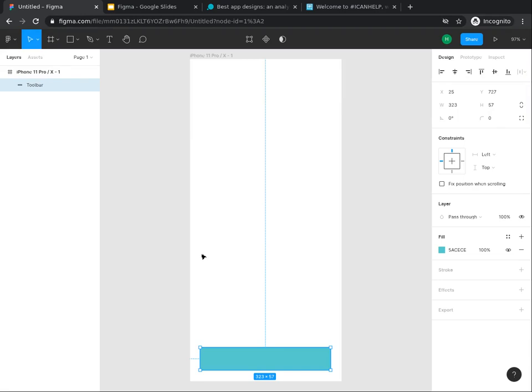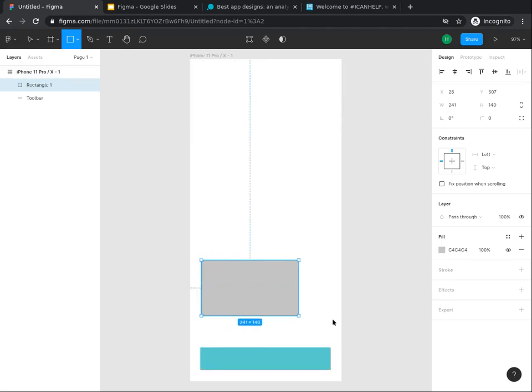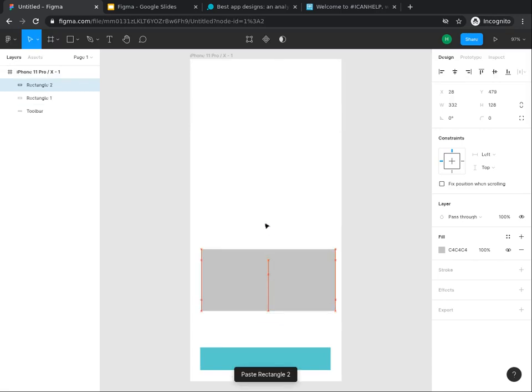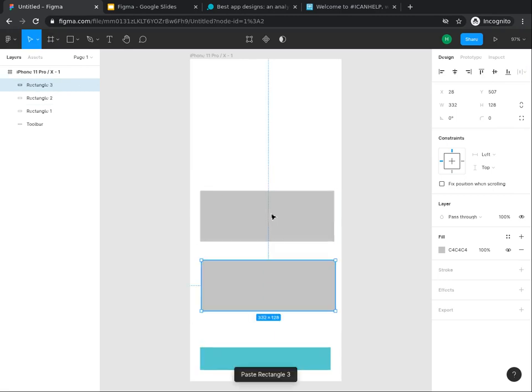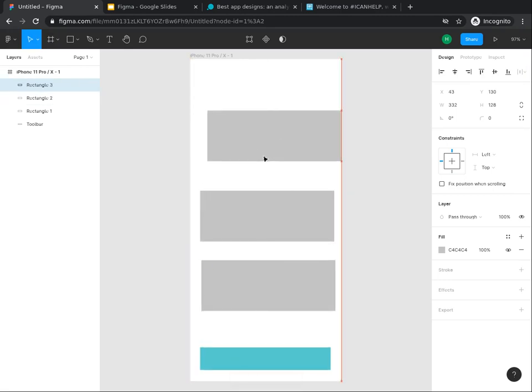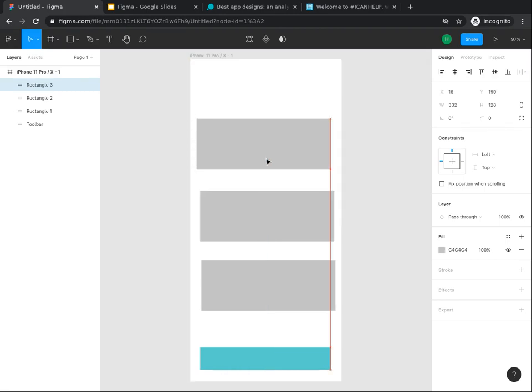Next, fill in other rectangles for the purpose of your app. I will add 3 for the main areas of the organization. Just like other programs, you can copy and paste one of the shapes to keep them consistent on the page. You can use Ctrl+C to copy and Ctrl+V to paste, or use your right-click mouse options. You can also use the guidelines to help the shapes align.